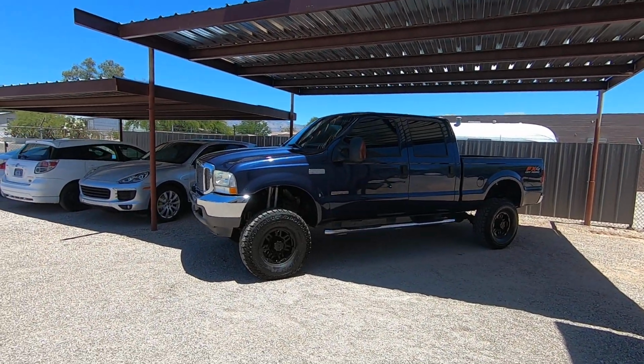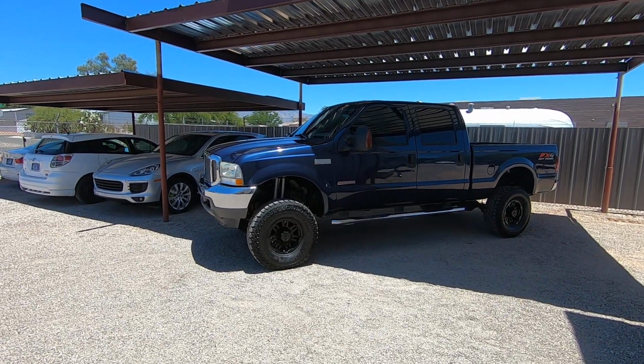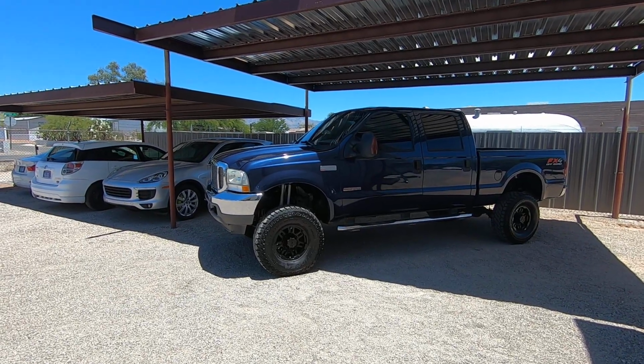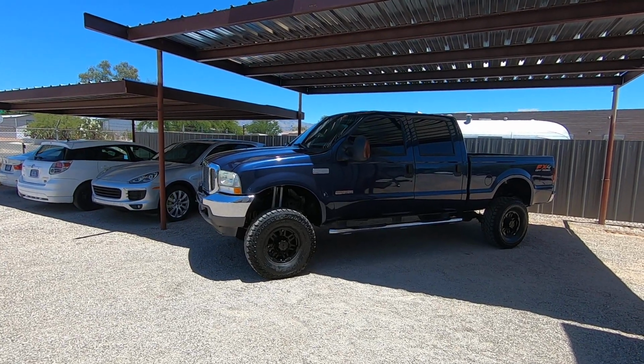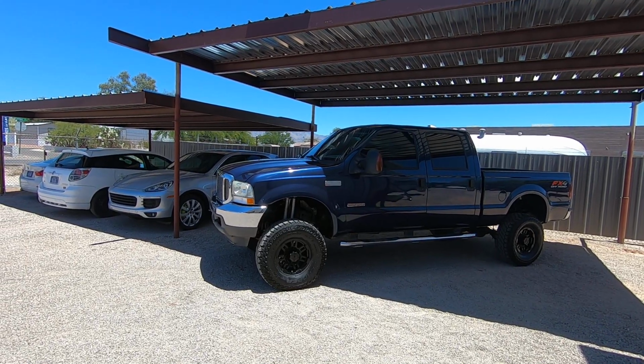We're selling this truck. It's a 2003 Ford F350 Crew Cab Lariat 4x4. It is a 6.0 turbo diesel. Like I said, it's four-wheel drive. It's got the FX4 off-road suspension. It has 189,008 miles. It was a dealer trade-in to a local dealer here in town, a new car dealer,